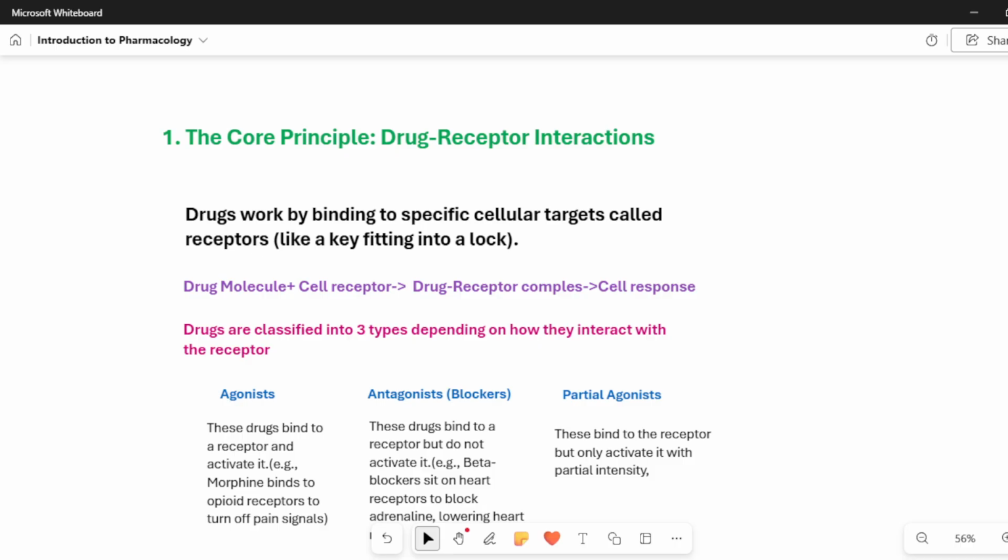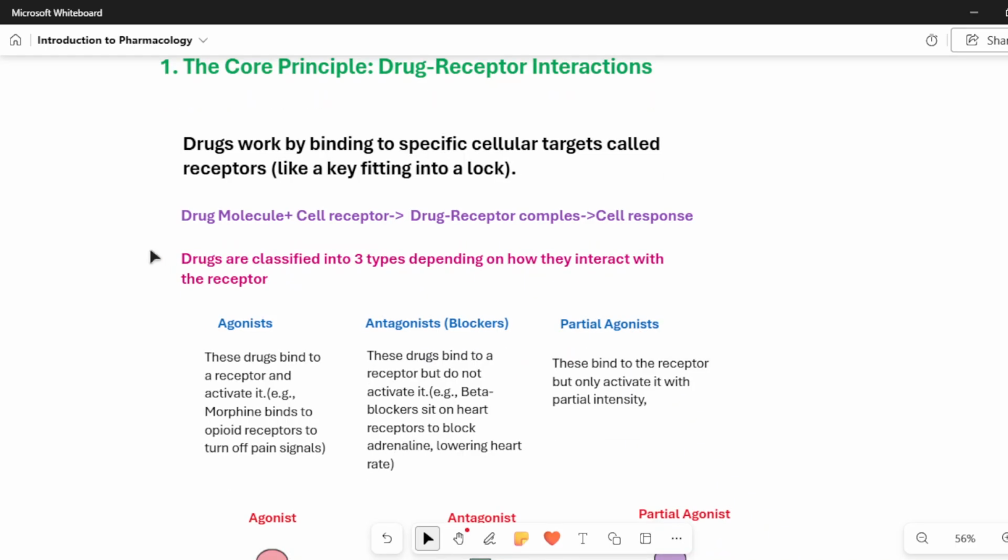So what happens? The drug molecule comes, whichever drug is being manufactured or produced. That drug will combine with the cell receptor. Now the cell and drug receptor complex is formed.